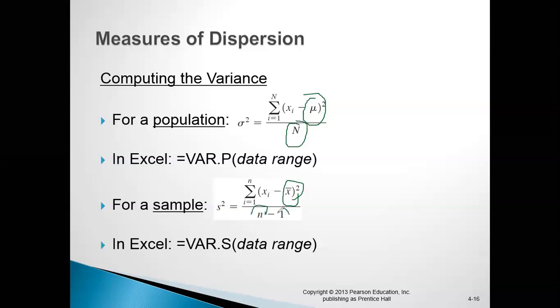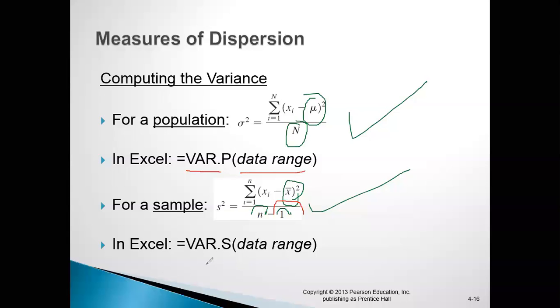So the difference is this minus 1. Otherwise this formula and this formula are the same. The population formula for variance is the same, but the only difference is that we have here n minus 1, right? So how are you going to calculate it in Excel? It's very easy. If you have any data, we just use VAR.P, then you have to select the range, right? Same thing here also, VAR.S, then you have to select the range. So not much difference is there, but we have to see how we're going to calculate that, right?